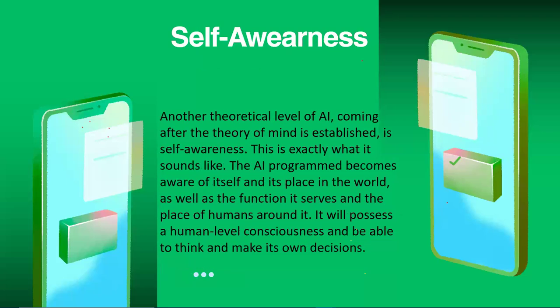And the final type of AI is the self-aware AI, which is also theoretical, right? And from the name, it's quite explanatory. The AI is self-aware, right? And it sounds exactly as it is. We program these machines to not just be able to understand our own emotions, but to have an understanding of its own self and its own place in the world. You know, each one of us has our own place in the world. We have our role to play in making the world a better place.